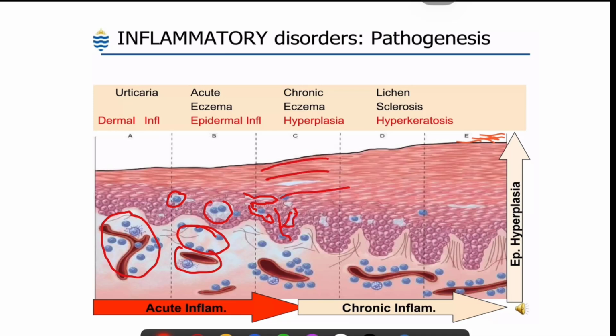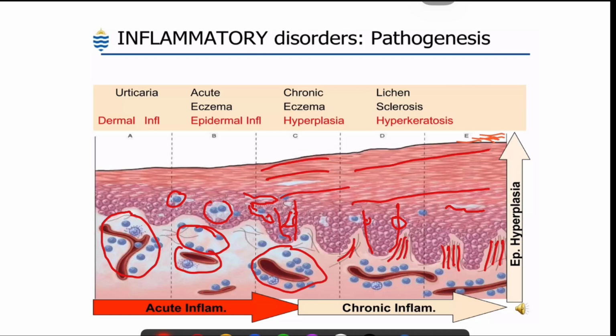Then this is parakeratosis, hypoplasia of this epidermis, increased inflammatory cells, and lastly lichen sclerosis, where you can find hyperparakeratosis, acanthosis, and spongiosis is a little bit decreased, but there is vertical orientation of fibrosis in